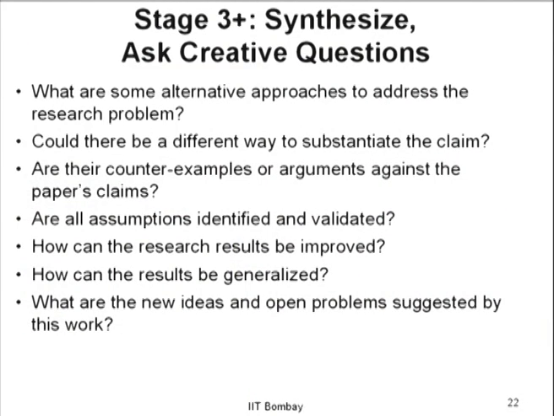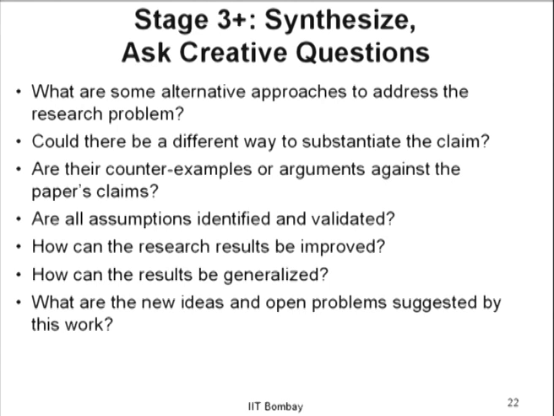Another way to come up with your own research problem is the second point here. Let's say the authors have made a claim and they have done one experiment to justify their claim. You have to ask, is there a different experiment I can perform? Or is there a different proof I can give? It's not that you are coming up with a completely new solution, but just a new way of defending the solution. That itself can give some research ideas. You can